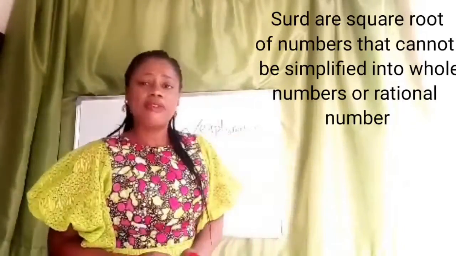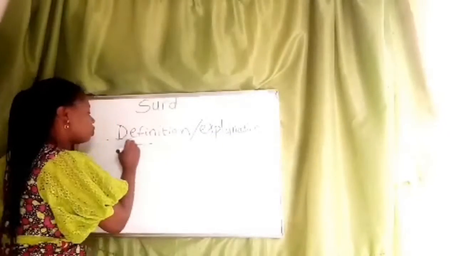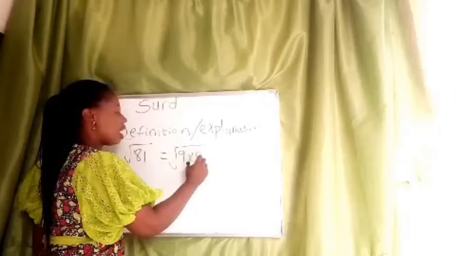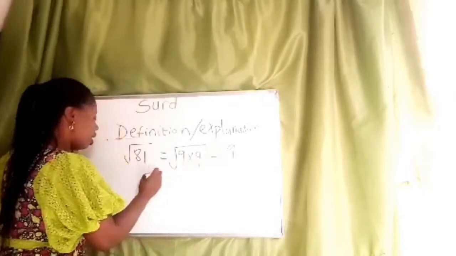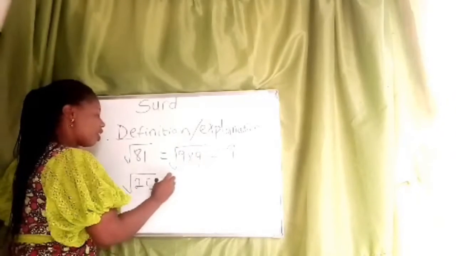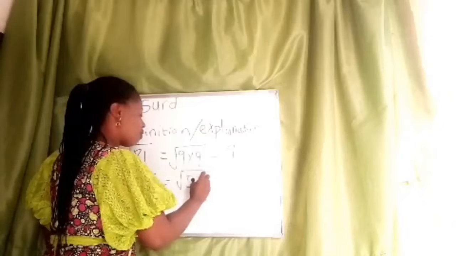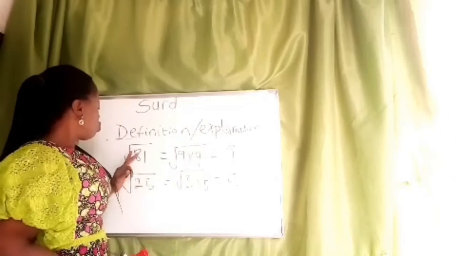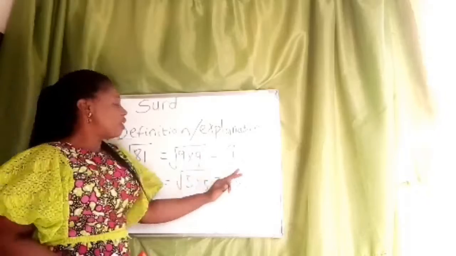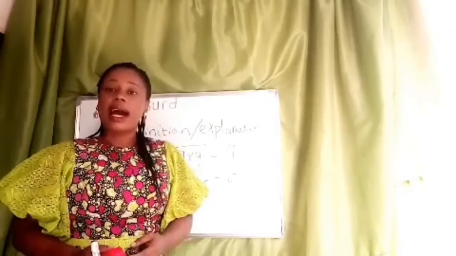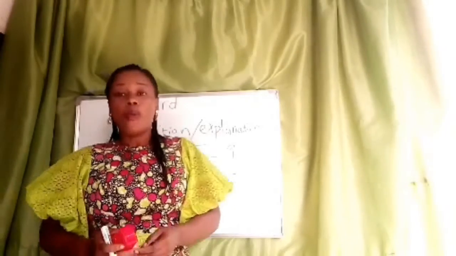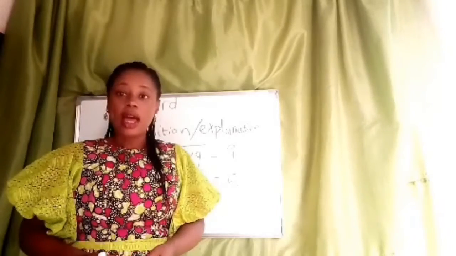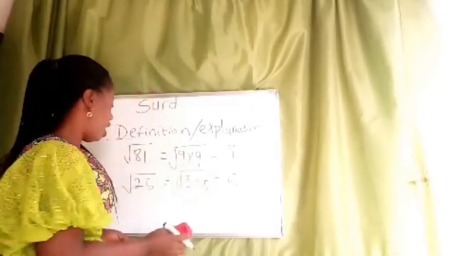For instance, in the following examples, the square root of 81 can be simplified. 9 times 9 gives 81. And the square root of 25 can be simplified. 5 times 5 equals 25. These two square roots can be simplified. There are certain numbers that can be simplified, but most numbers do not have an exact square root. Examples of such numbers are